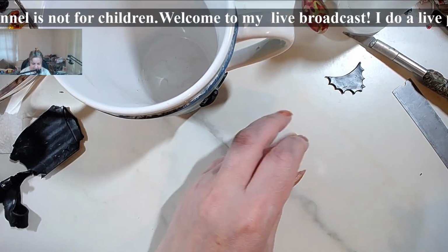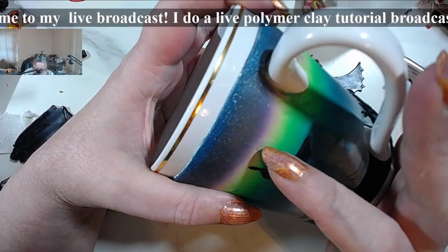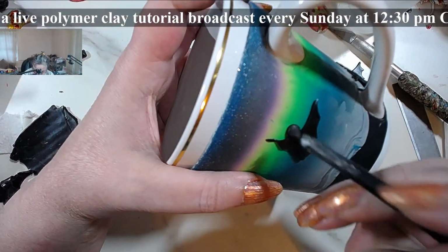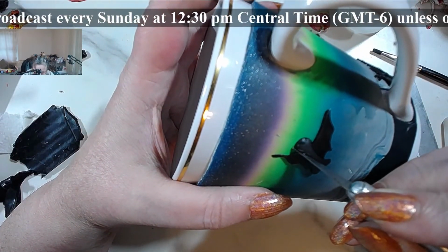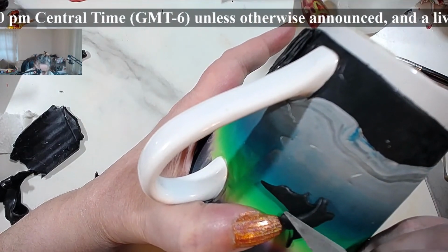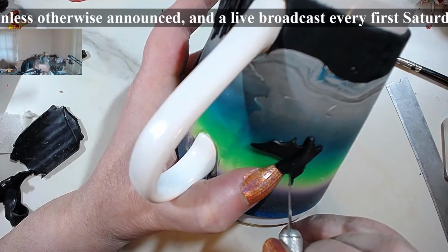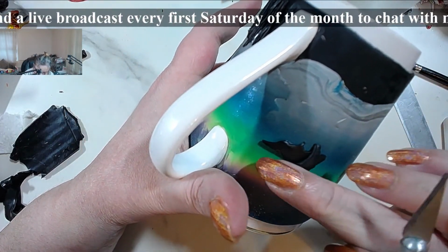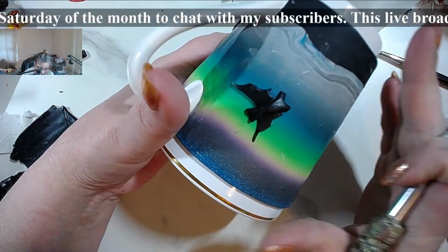Okay, let's go back to our little Mr. Bat here. The other thing that I want to do is to make a little bit of ears, right? Because we want the bat to have ears, so I'm going to just push in, stay there, and then bring the edges up. Ideally you have a little round thing here, but you don't need a lot of big ear there, and then you can just give it again some